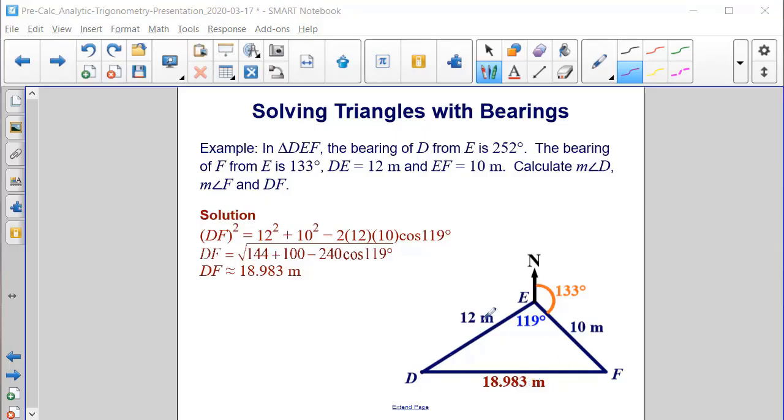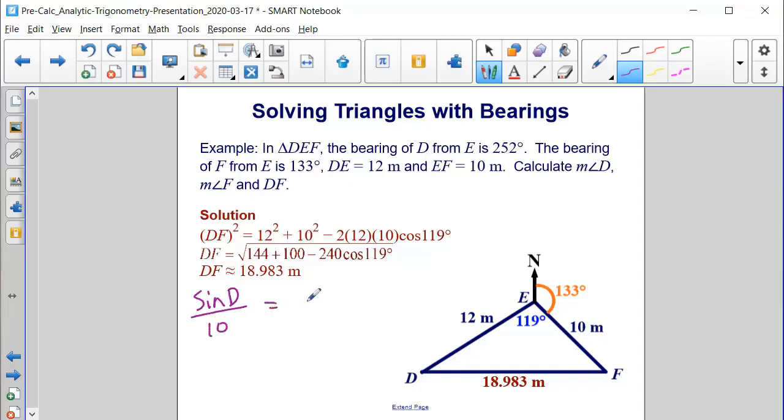So now we can use this information along with the law of sines to find the measurement of angle D and the measurement of angle F. Let's start with the measurement of angle D. So we have the sine of D over the side across from it, which is 10,